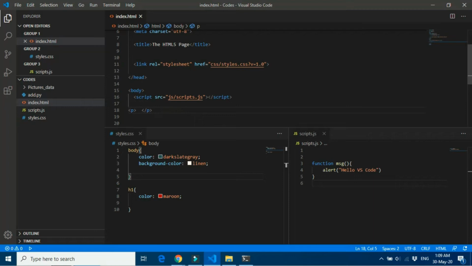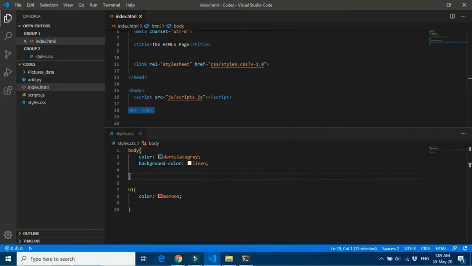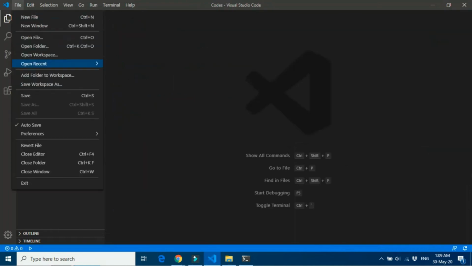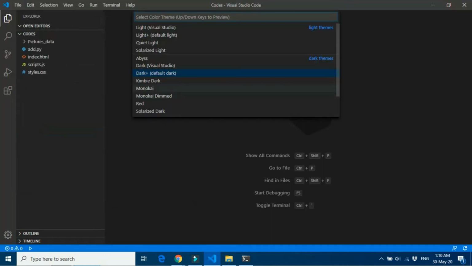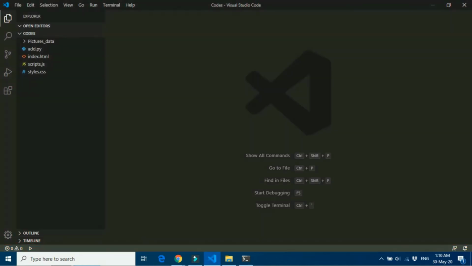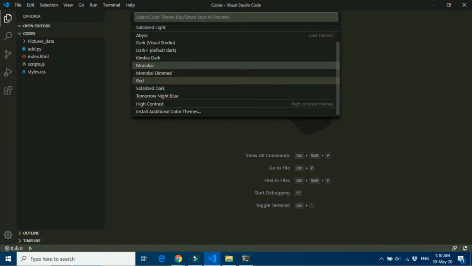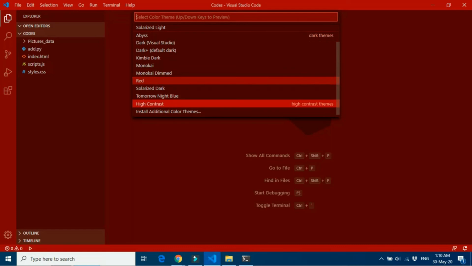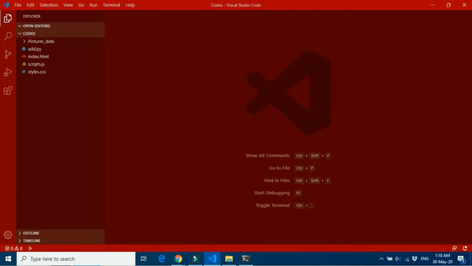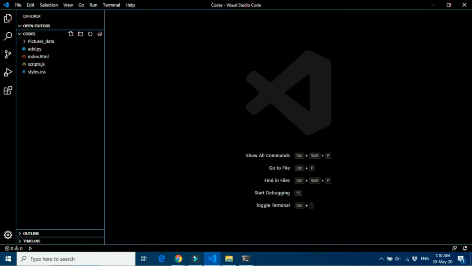Now let's close all these and move on to another option. Under the file menu in preferences, you can see key maps, keyboard shortcuts, extensions and settings, etc. I am going to select color theme. You can select various color themes available and switch between them. Let me switch some of them to show you. And remember that you can install more themes from extensions. Let me select this darker one.